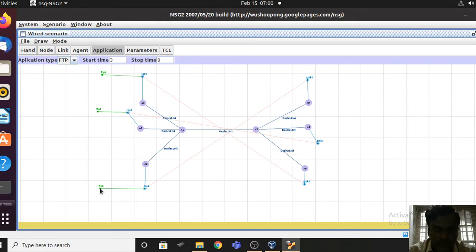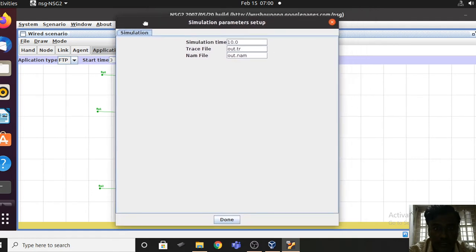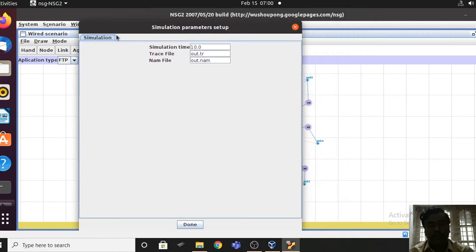So after this, what you have to do, you have to click on these parameters. You are known that for 3 different data transfers I am using the same stop time, that is 8. Therefore the value of your simulation time must be at least 8, or it can be 8 or more.